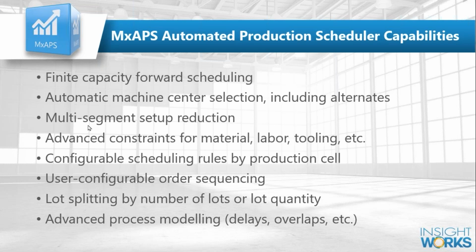And this multi-segment, what that means is, maybe I have a mold changeover time and a color changeover time. We can set it up so that, okay, I only have to do the color change and we'll retain that mold for X number of production orders, or vice versa. So we can do all those sorts of things. I mentioned material and labor and everything else. So we can also constrain based on secondary constraints like labor.